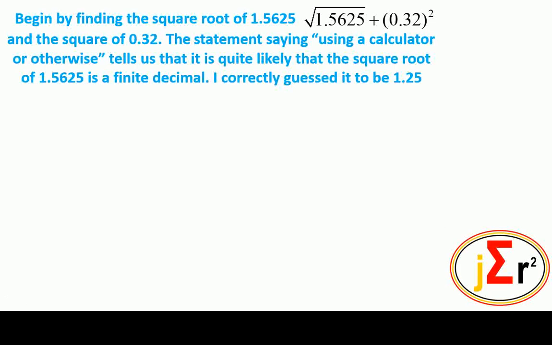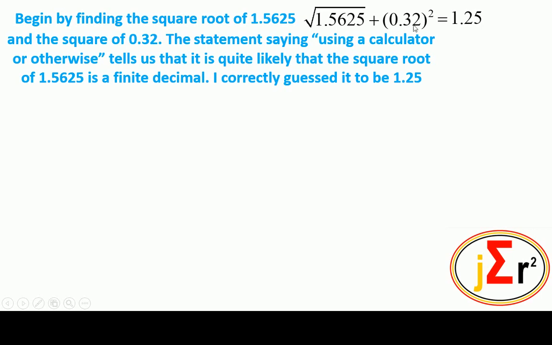If it is a finite decimal, I guessed that finite decimal to be 1.25, and I was correct. Therefore, we may say that the square root of 1.5625 is 1.25. That must be in the first step of solving the problem. What should also be in the first step of solving the problem is